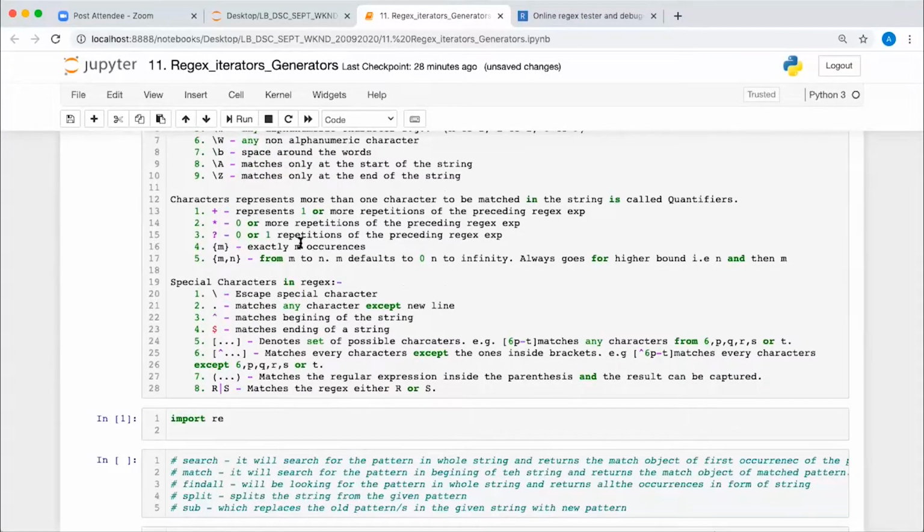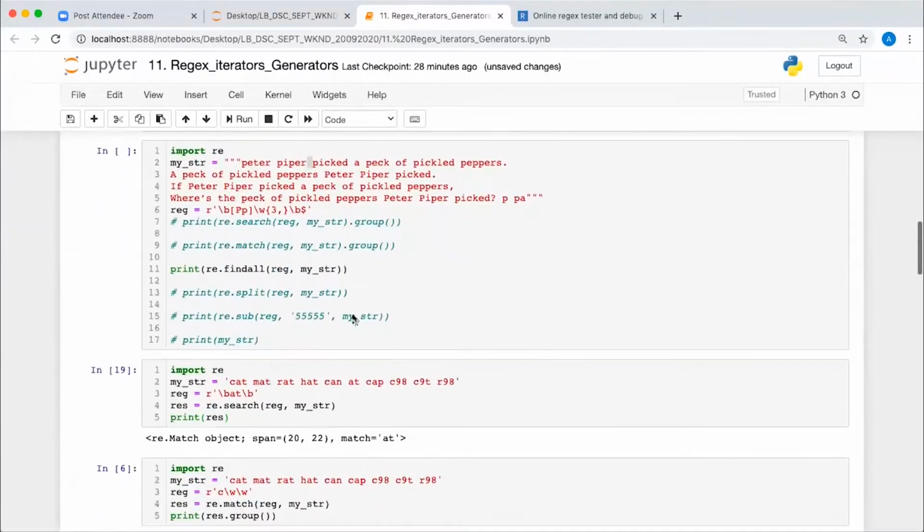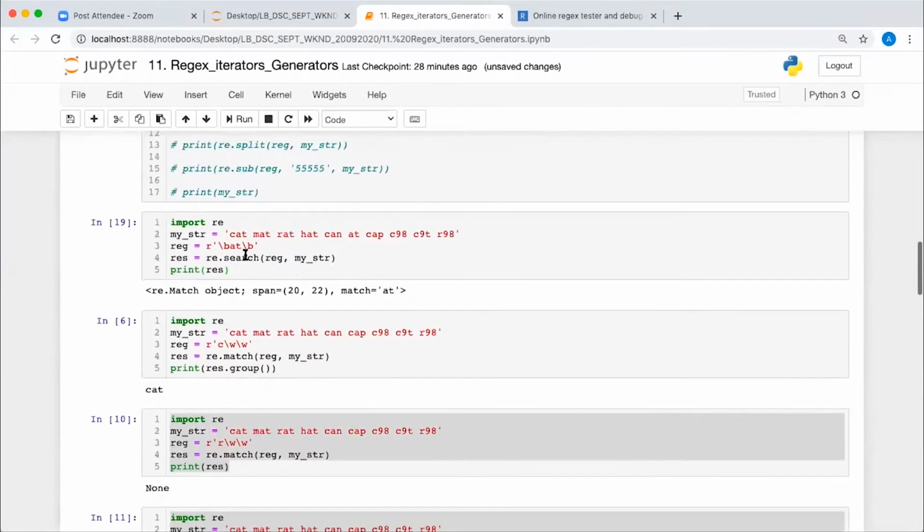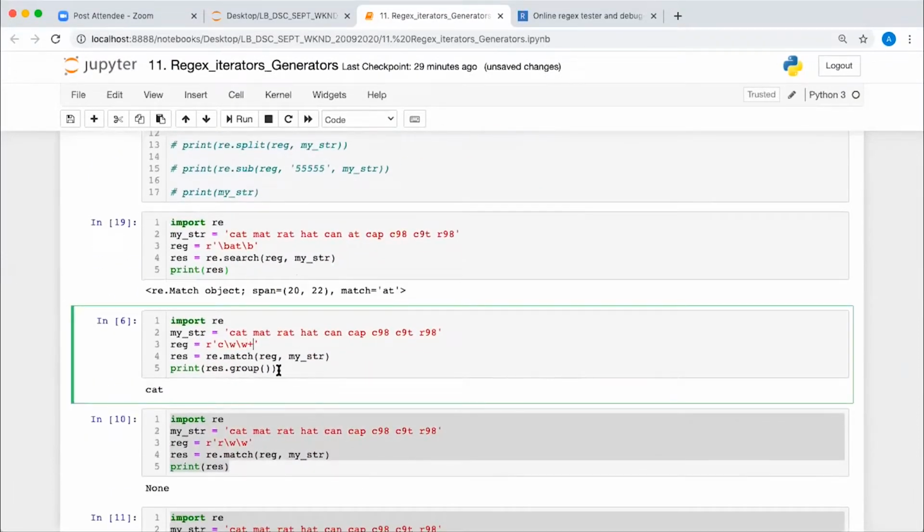In the quantifiers we have plus. This plus represents one or more repetitions of the preceding regular expression. Let's say I write plus here, then what will it do? It will match any alphanumeric characters having length 3 or more. This plus means one or more repetitions.